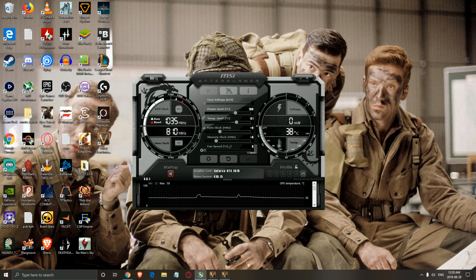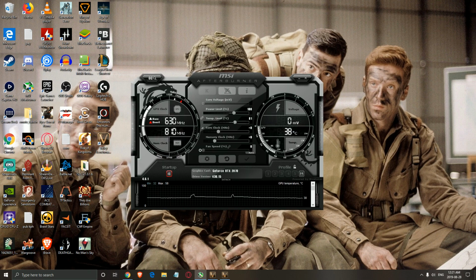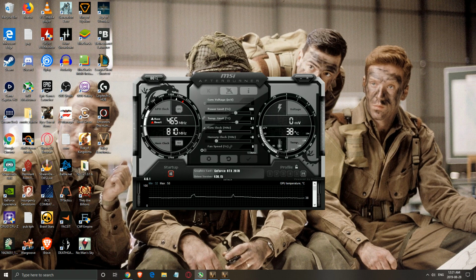First of all, the first thing that you need to do is download MSI Afterburner. Even if you don't have an MSI card, a lot of people are asking me this question, it will work, so just download MSI Afterburner. The other thing that you will need to download is Valley Benchmark. This is a free benchmark that you can find on the web. It's the Unigine engine. You don't need to buy 3DMark if you want to do some testing, so